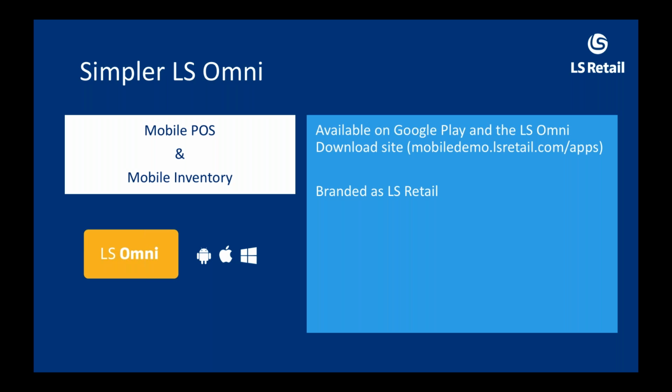So you were again dependent on LS Retail to be able to deploy the mobile POS. And now we are changing this. Now the apps are simply branded as LS Retail, so there is no need to involve LS Retail when moving from the evaluation phase into the deployment phase. The only thing you need to do now is to point the app to your specific instance of Omni server